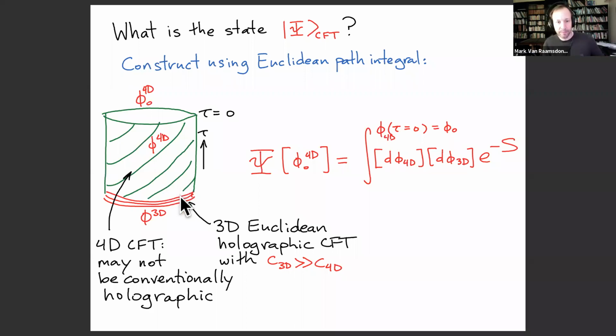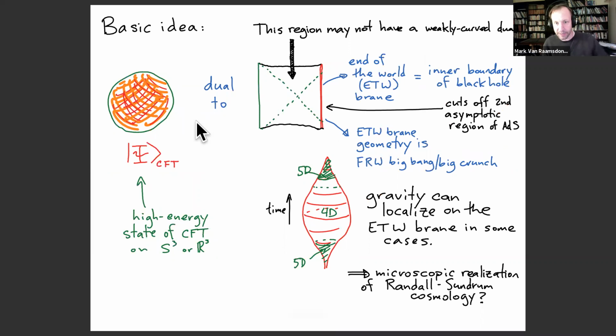Okay. And so I'm going to give you some explicit examples of this kind of theory later on in the talk. So somehow the idea is you're using a very complicated three-dimensional Euclidean field theory as part of the construction of the state. And that ends up constructing a very interesting state of your CFT that ultimately ends up having this interpretation that I described.